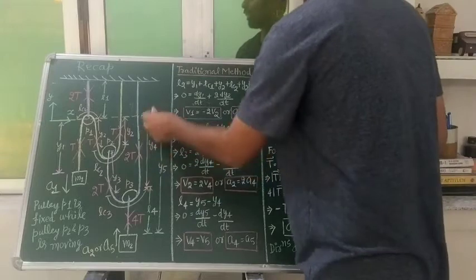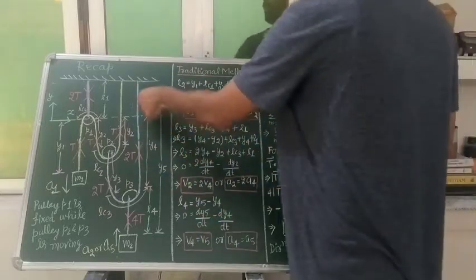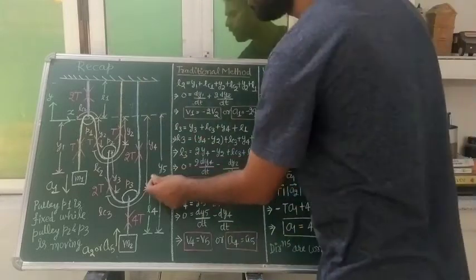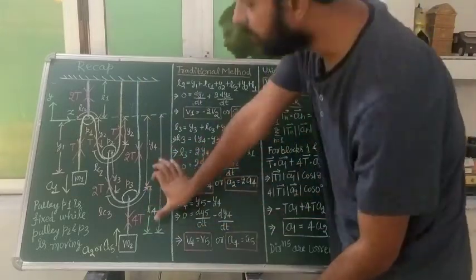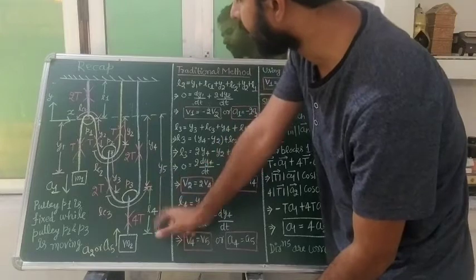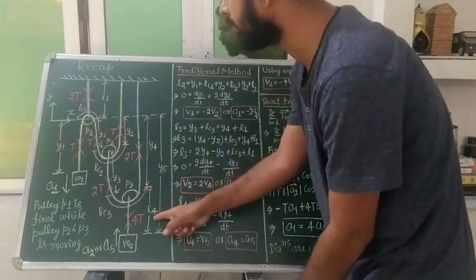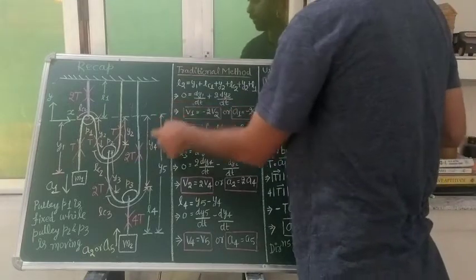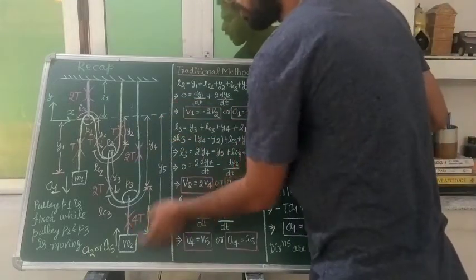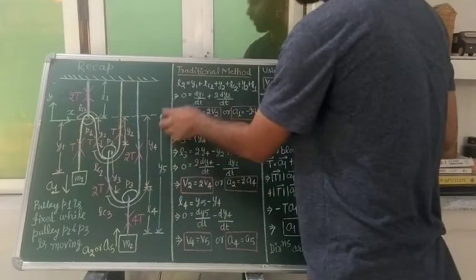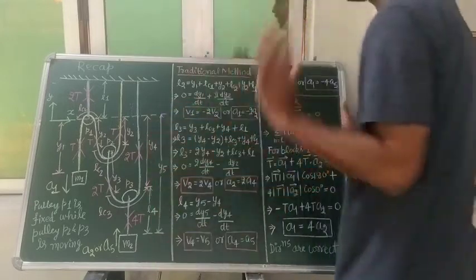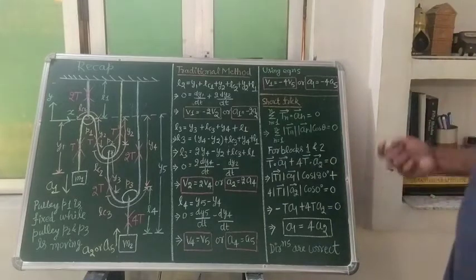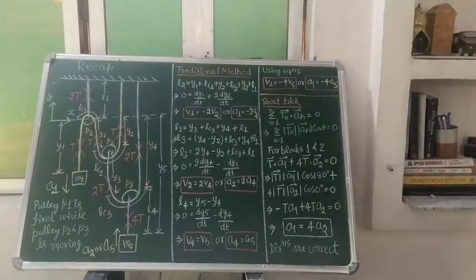And this length we have selected as our y4. Obviously this length will be equal to L1 only. And here this length we have represented by L4, which will also be constant. The length of this string is not going to change. And the length of this mass, from the datum, we have selected as our y. So these things we will do first in the traditional method.